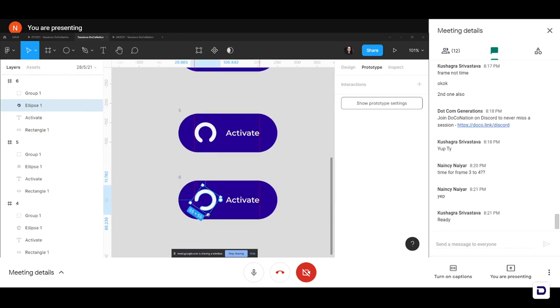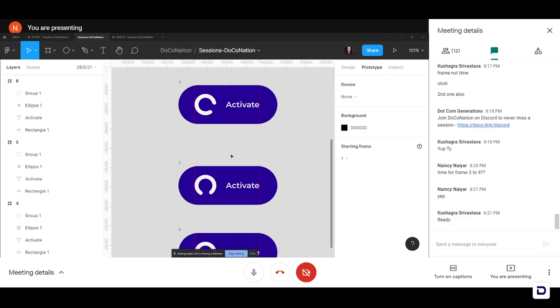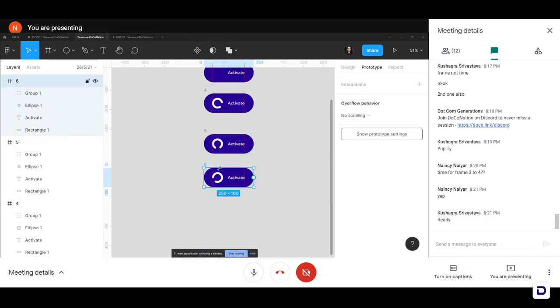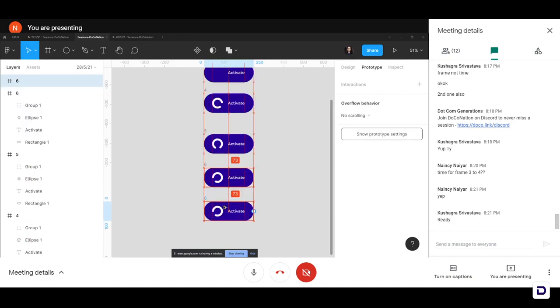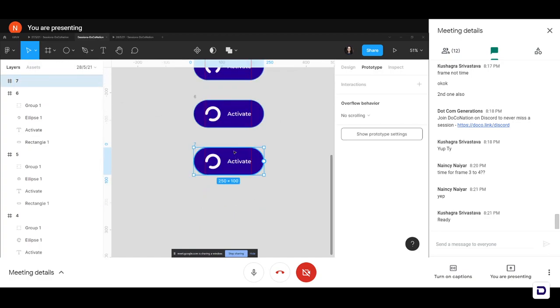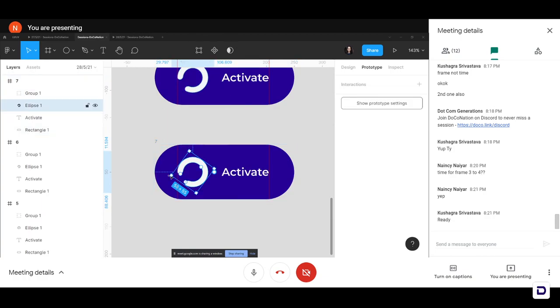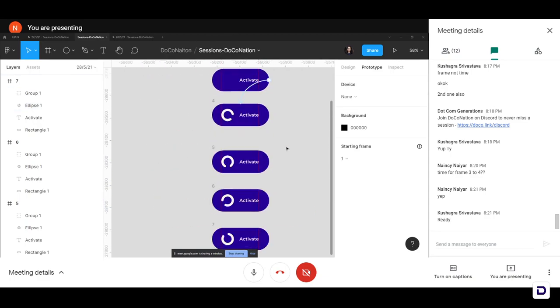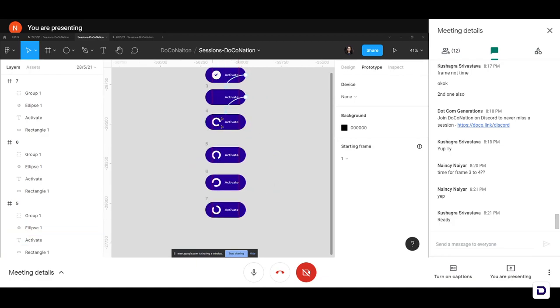Same thing we'll be doing again. So we'll select our frame 6, Alt and drag, change the frame name to 7, and again we'll select our little loader and change the rotation again. So let's do that. Okay, so we have our loaders. Okay, so you can see this is how we want it to rotate. We wanted to start from the right side and then turn and rotate and come back to the top, facing topwards.